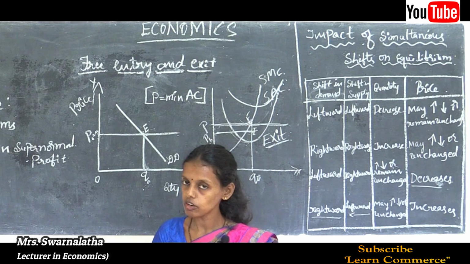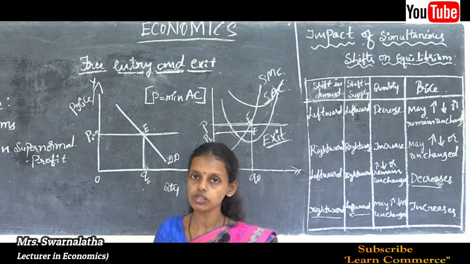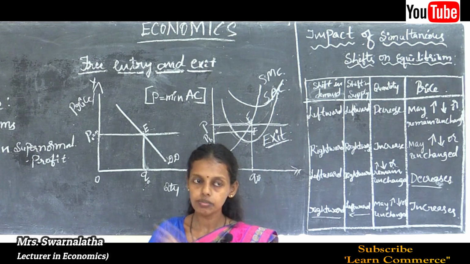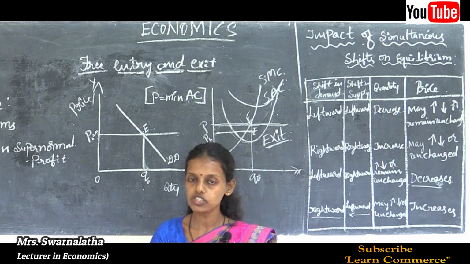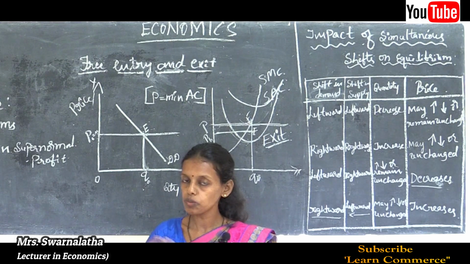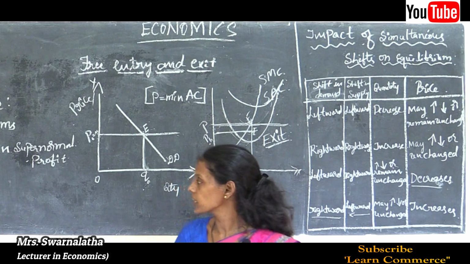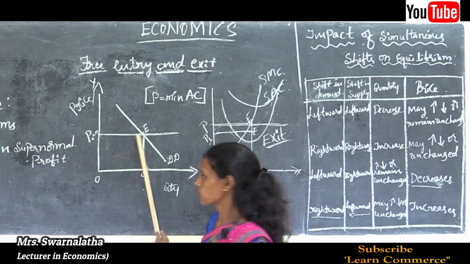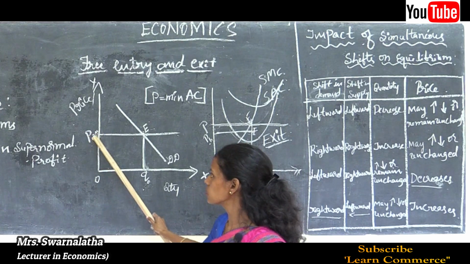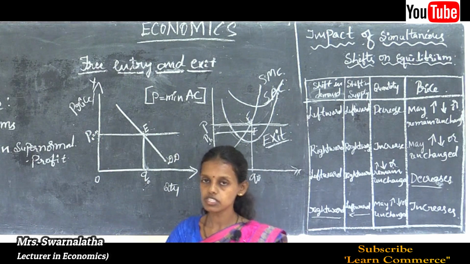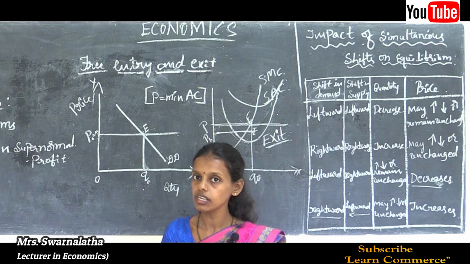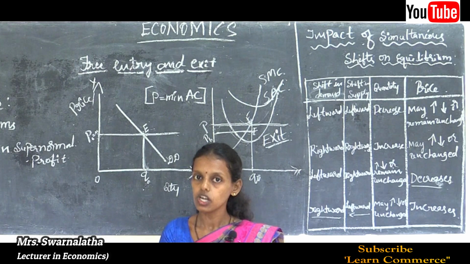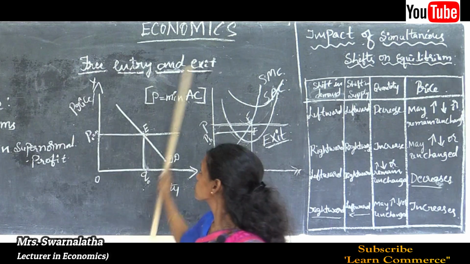So, under perfect competition only the normal profit is possible because all firms are identical, producing the same kinds of goods, prices are fixed by the industry, and firms are not ready to change any price to increase their profit. So, there is no loss, no profit, supernormal profit is not possible, they can only get the normal profit. That is, price must be equal to the average cost. Of the capital they invested, they can get only that much even profit, or they may incur losses. It is because of exit from the industry.